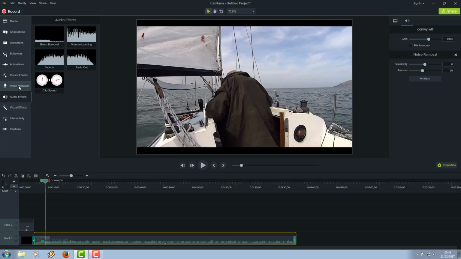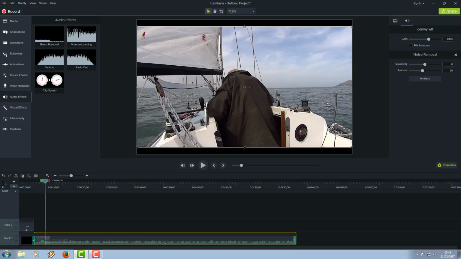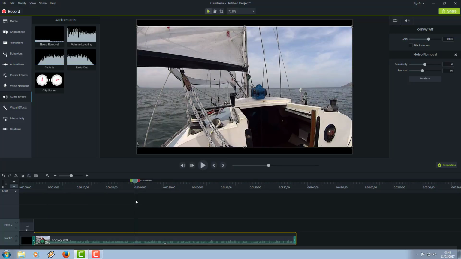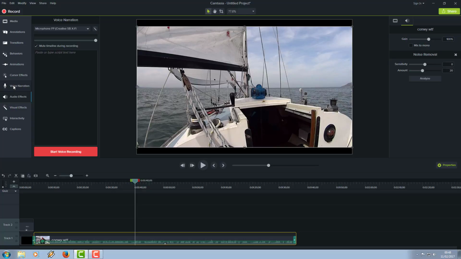Like I said, the voice narration. If you're just doing a clip of something at sea and there's no sound on it, or it's just the sound of the waves, you can add a voice to it, like a lot of people do. Like Keep Turning Left does with a lot of these. He adds the sound on afterwards. So if you wanted to go halfway through a film and add any voices to it, voice narration, click on there. And if you've got a microphone plugged in,